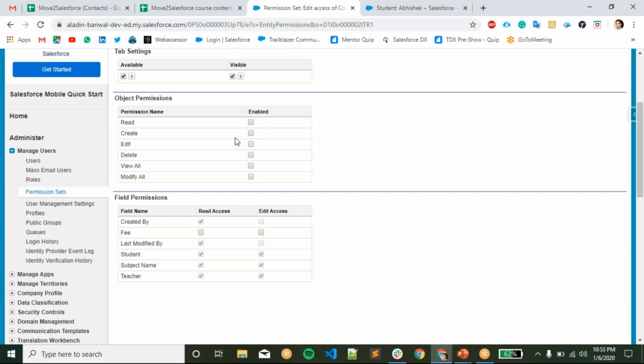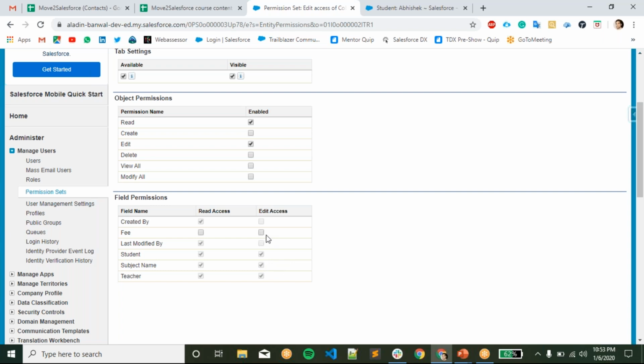So what edit access you are going to give. By clicking on edit, the read access will automatically be given, because without reading you can't give edit. Then field permission. We have fields in this object, so the field level security you can also maintain from here. Because you have given edit access in the field level security, OWD, you can't restrict from here. You can give more access only.